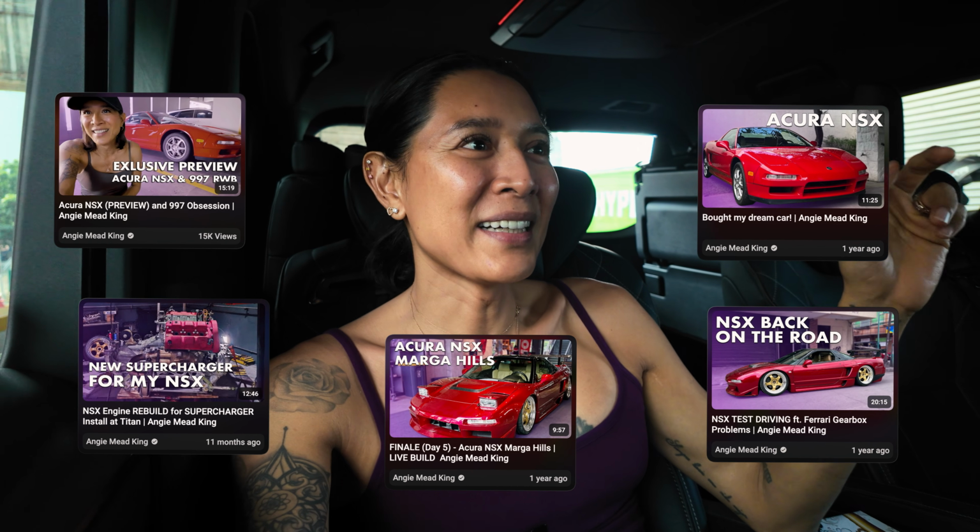I'm on the way now to Titan so we can get the Acura NSX. I'm so excited to get the car. It's been so long that the car has been sitting in Titan because we've been waiting for parts and we encountered so many issues with the rebuild in terms of the parts that were coming in and out, and everything's finally done. We're gonna get the car, we're gonna finally test drive it, but the car isn't completely done yet